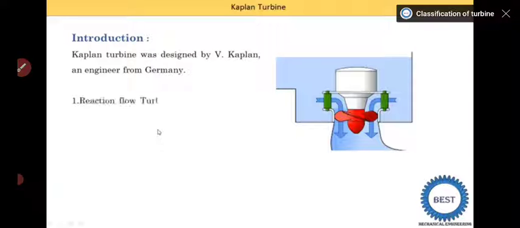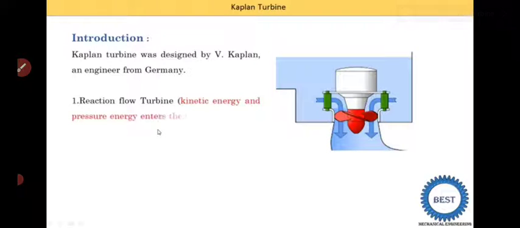First point is that according to the energy inlet. So according to energy inlet, any turbine is classified as impulse or reaction turbine. So this Kaplan turbine is a reaction turbine. Means kinetic energy and pressure energy both are supplied at the inlet of turbines. So this the water is the cashing of a Kaplan turbines. So water is in from these sides. So at the inlet of this cashing, the water have a both the energy, that is kinetic as well as